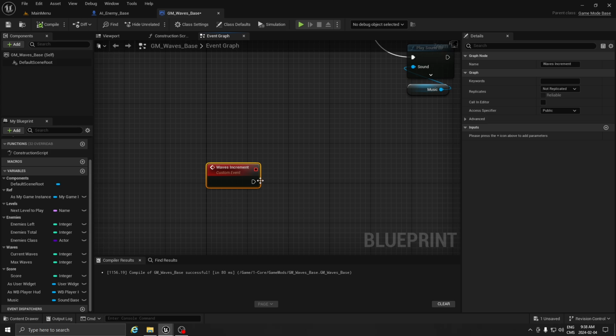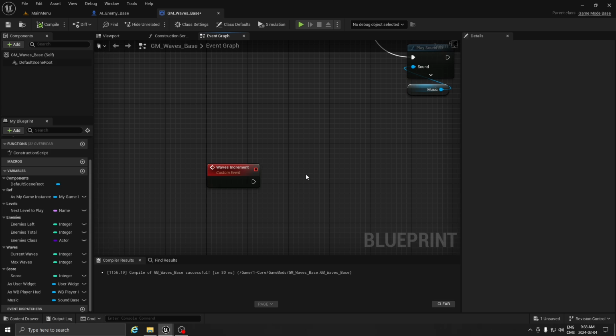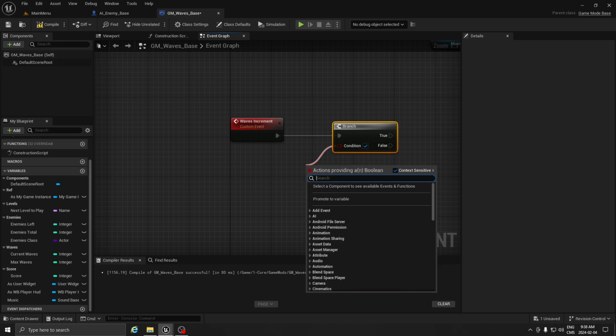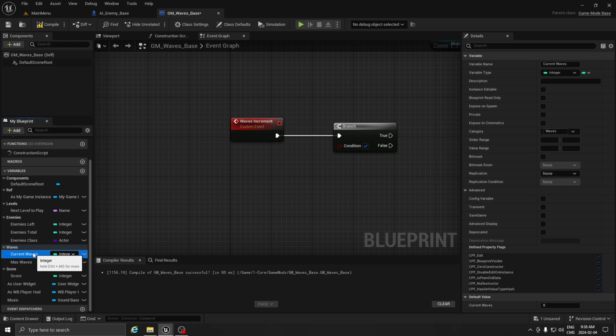we're going to start with a branch, or it can all be, or just search for branch. And now you have access to your branch. Here it's going to be quite simple to understand, I believe. So we're going to search for our current wave. So we have our current wave that we already created here. And I put an S here, so we don't need an S. There you go. So we're going to drag our current wave here, do a get, and take our max wave